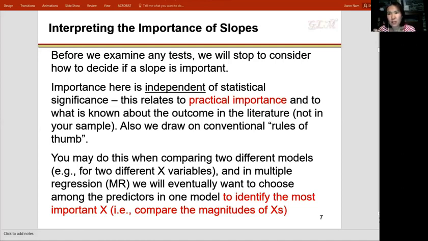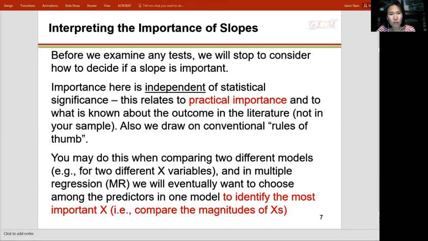So practically speaking, the medicine is not that important, even though it's statistically significant. Does it make sense? So we need to distinguish two concepts, statistical significance and practical importance. The first step is you see the p-value. The second step is you calculate the practical importance. We call that effect size. If something has a high practical importance, then the effect size is high. We're going to touch on that concept later.